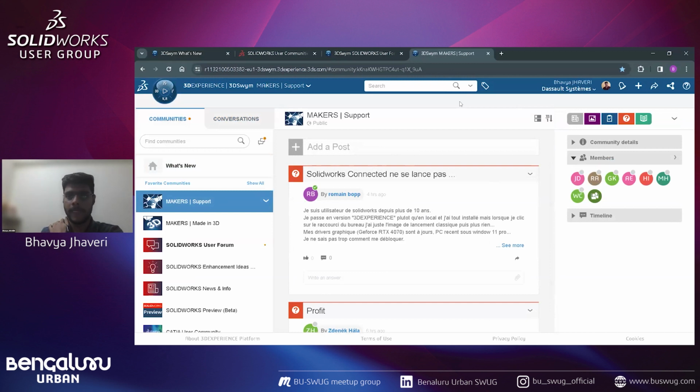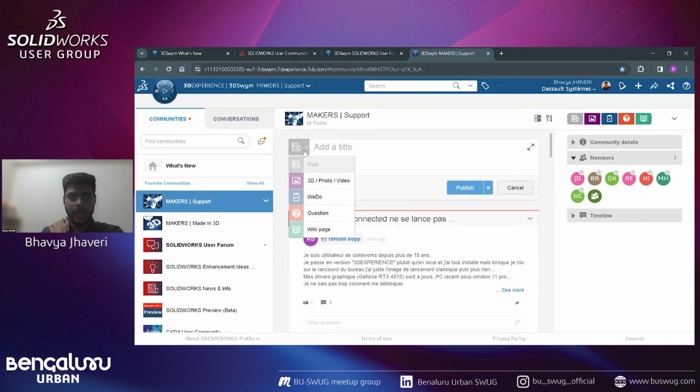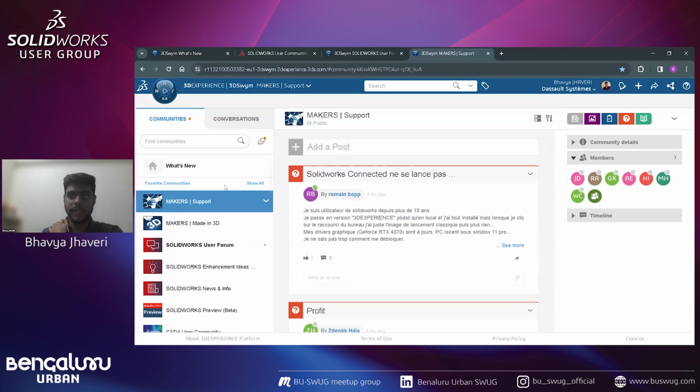Content and media cannot be treated as a separate post, but can be included in the post. So for any information, you can post it for any community. Now, if you just open any community,